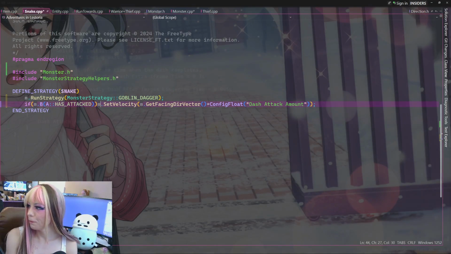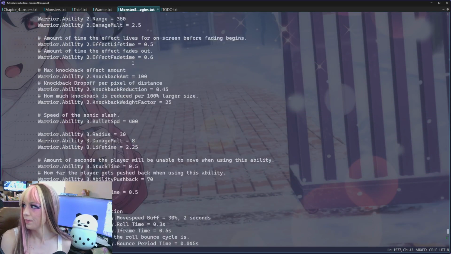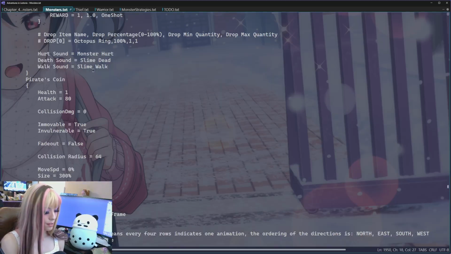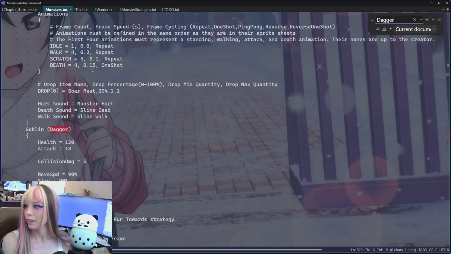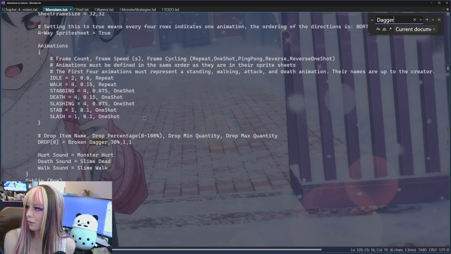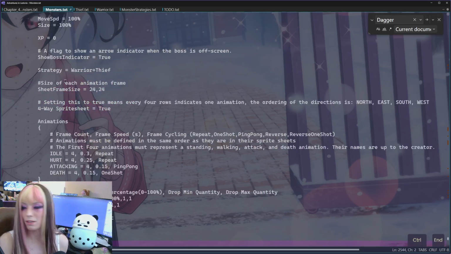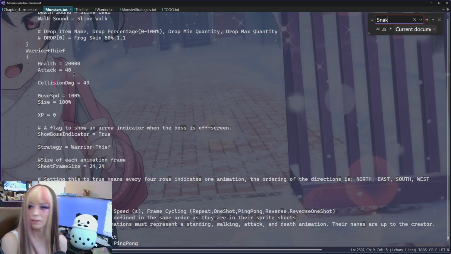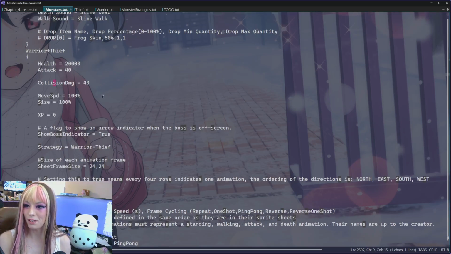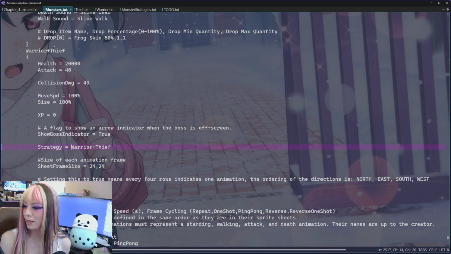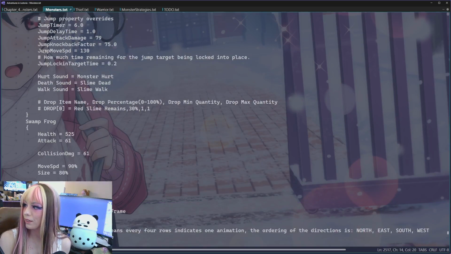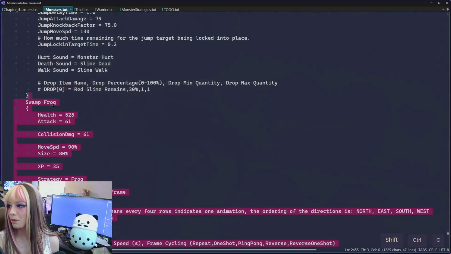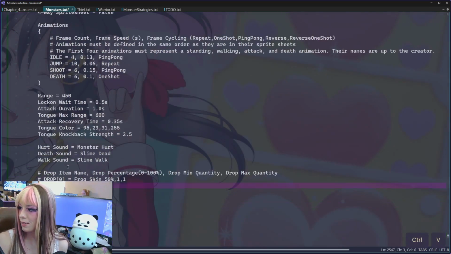I would test it, but we have to first implement the animations that this requires. So I'm gonna go up here and just say Goblin Dagger. I'm gonna grab all of its animations and just straight up copy paste it into the snake, which doesn't even have an entry yet, funny enough. So we have to make one. Let me just make it right here and copy this monster. And inside of here,